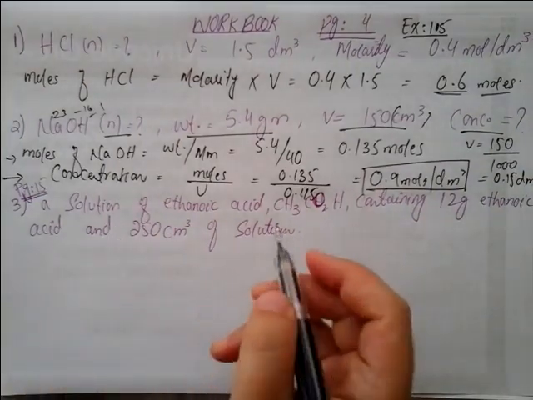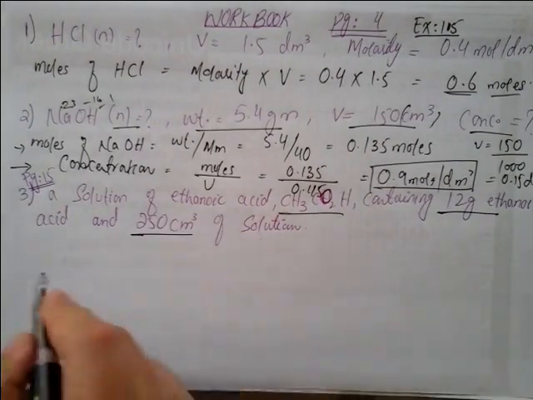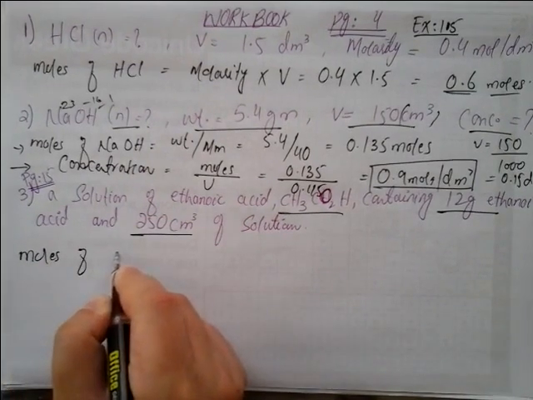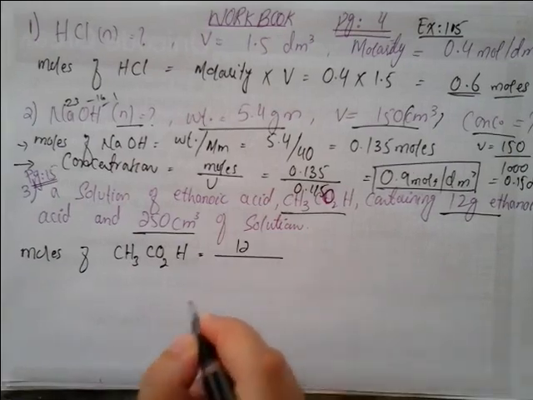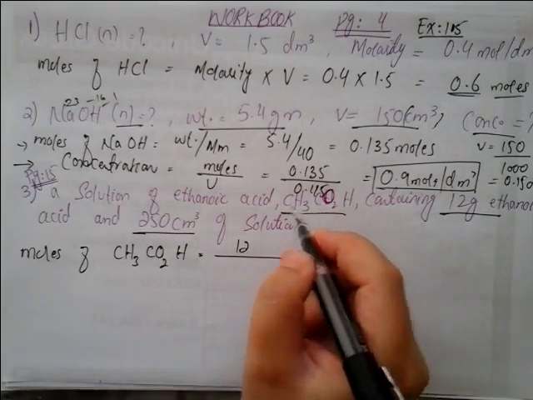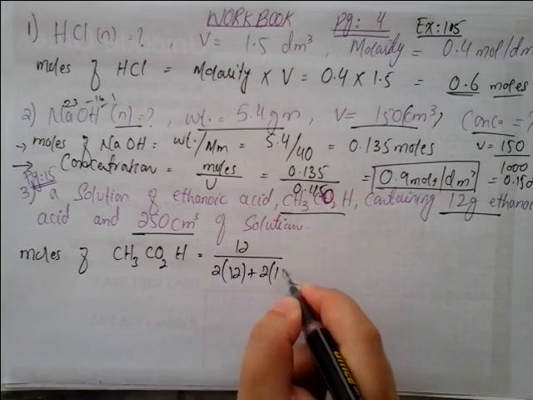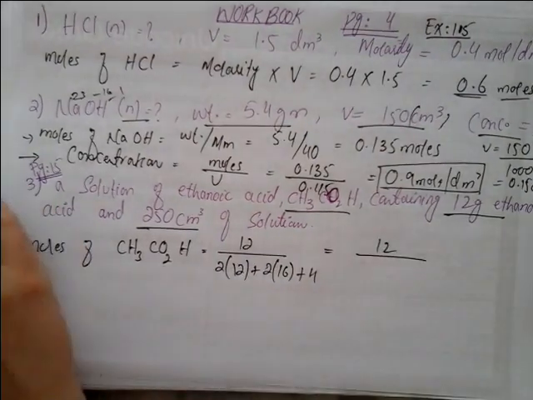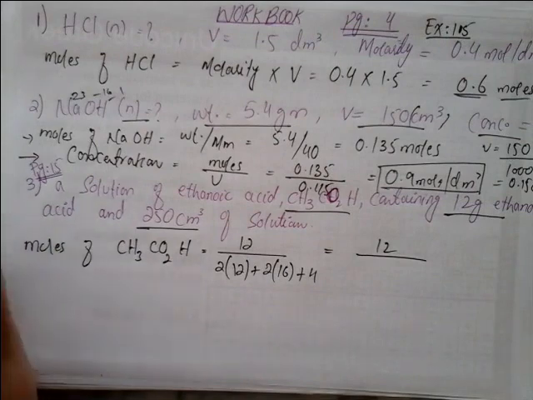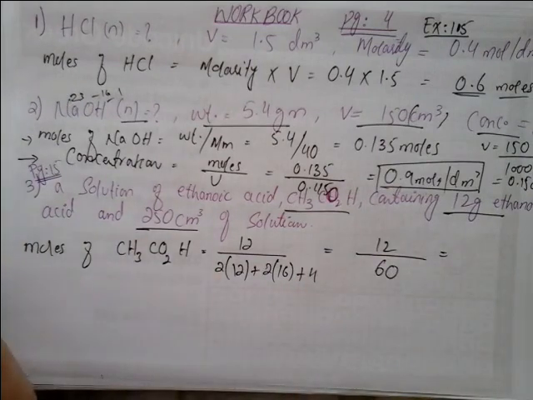In the next question, the same type of question, a solution of ethanoic acid containing 12 gram of ethanoic acid and 250 centimeter cube of solution. So in the same way, we first find the moles of ethanoic acid, CH3CO2H, and the weight is given, that is 12, divided by its molar mass. For molar mass, how many carbon atoms are there? 2 carbon atoms. Mass of carbon is 12, plus how many oxygen atoms? 2 oxygen atoms, so 2, and mass of oxygen is 16, and 4 hydrogen, 4 multiplied by 1. So 12 multiplied by 2 plus 16 multiplied by 2 plus 4 comes out to be 60. 12 divided by 60 is equal to 0.2